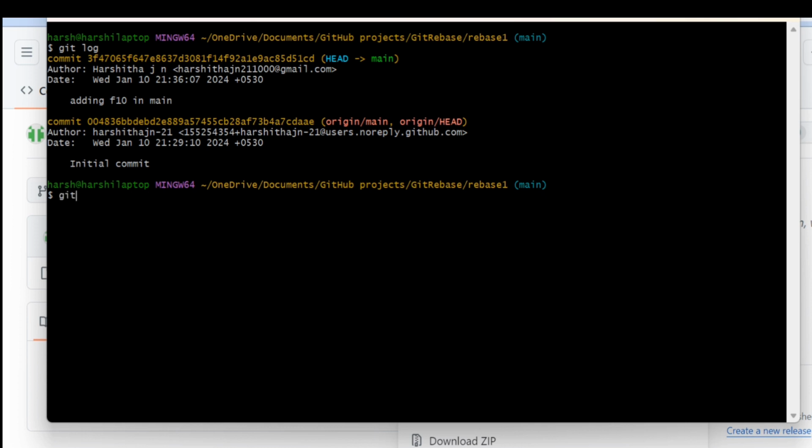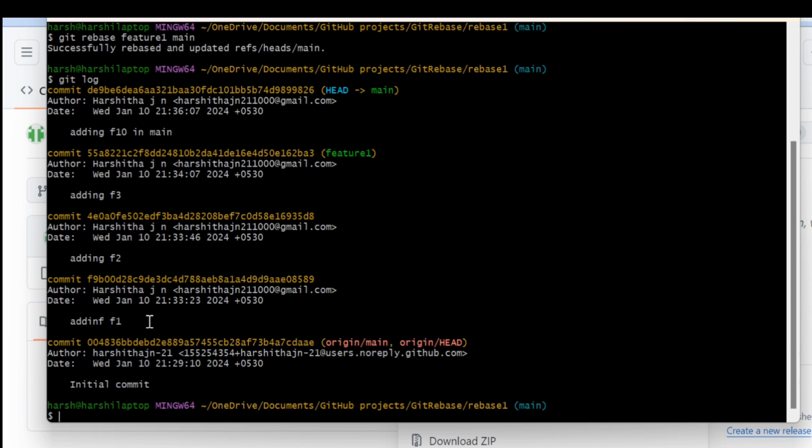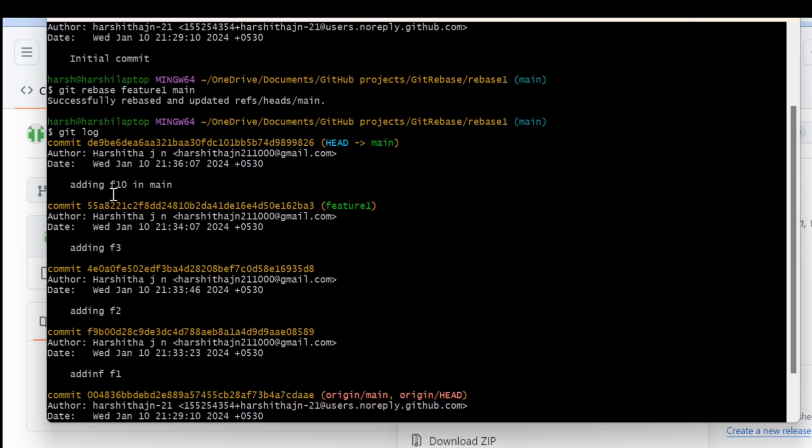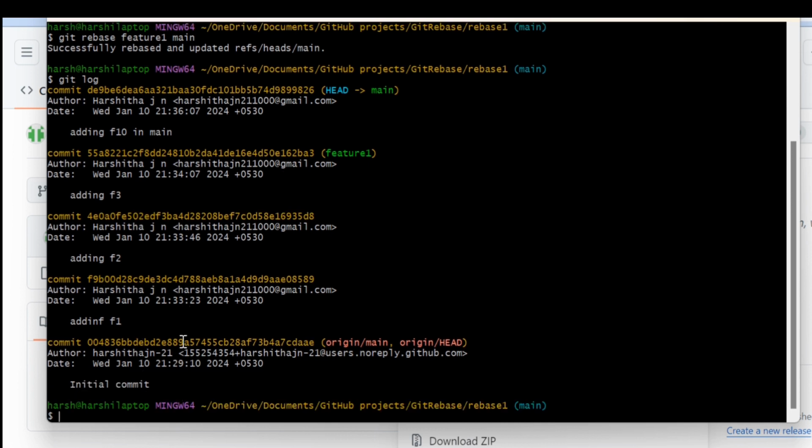So I'm giving a git rebase. I'm giving the command as git rebase feature 1, from branch and to branch main. Successfully rebased and updated reference. You can see here it is giving the message successfully rebased and updated. So now I'm giving git log. So you can see in the main branch we are having F10 and F3, F1 and F2 files, because it has rebased,